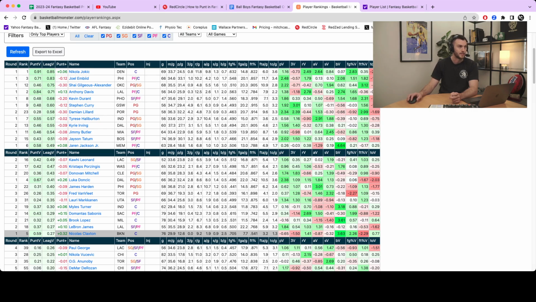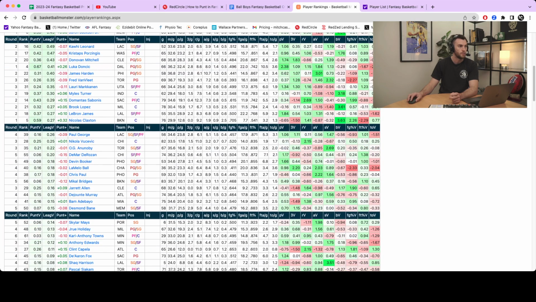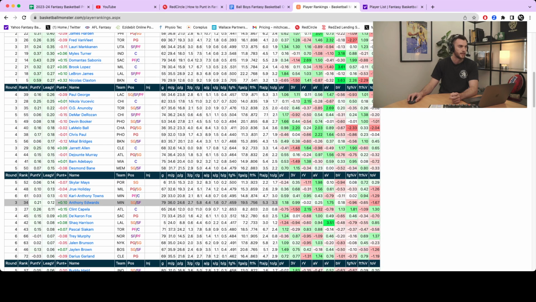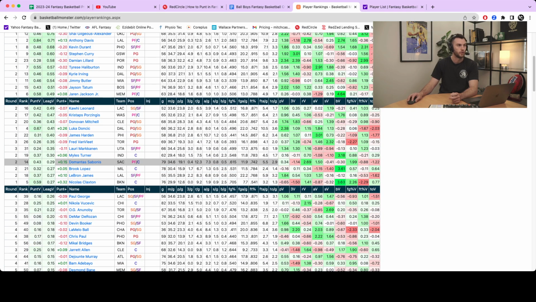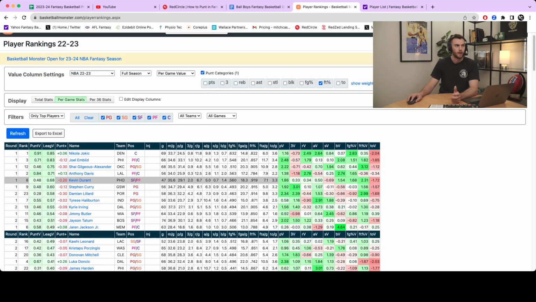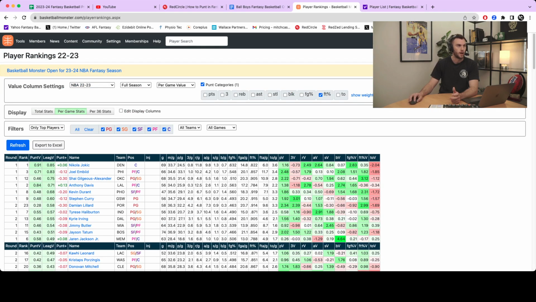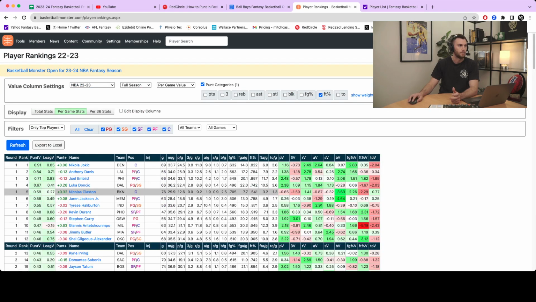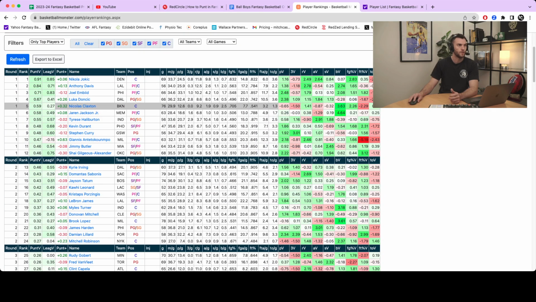I might have someone like an Anthony Edwards, who is going into that second round and people are expecting a bit of a breakout. Or you might have someone like a Domantas Sabonis. So what am I looking to do here? Now, if I clicked my punt free throws and look at that punt value, the obvious answer is, okay, Nicholas Claxton is the highest ranked guy available in that punt build, so I should just pick him, right?